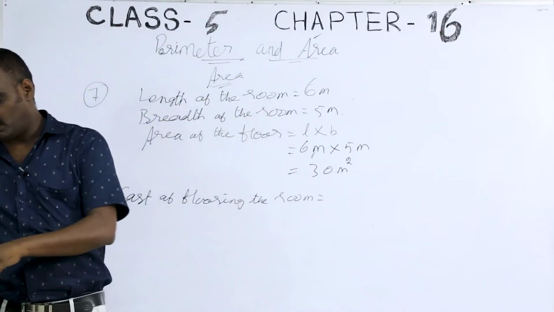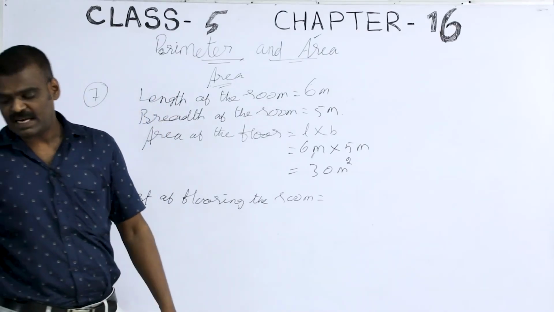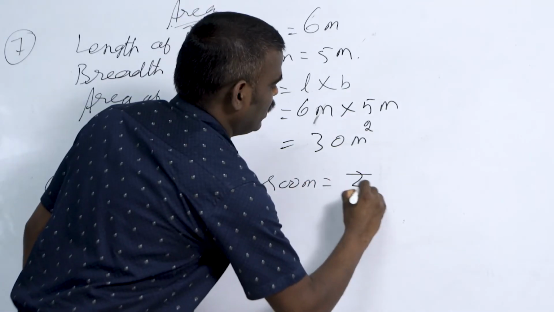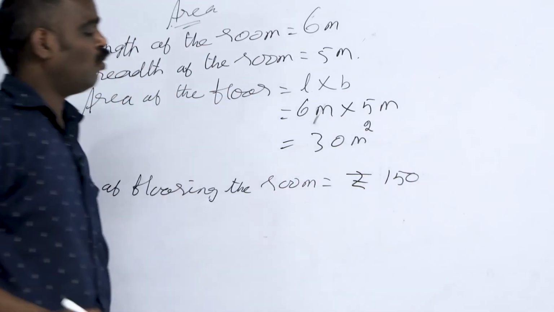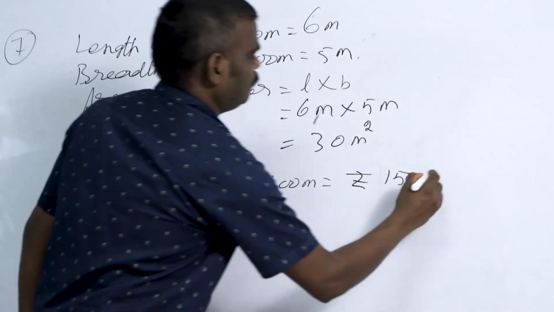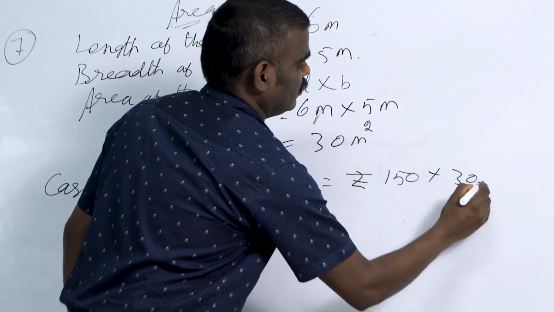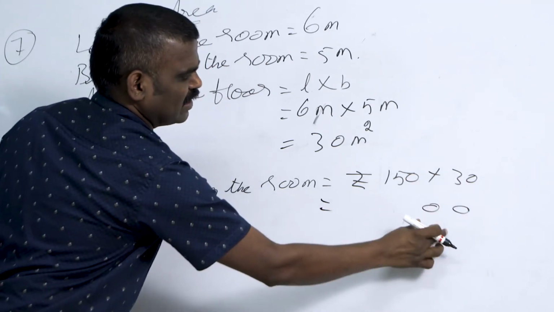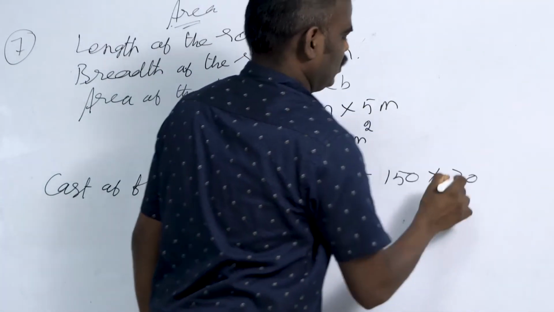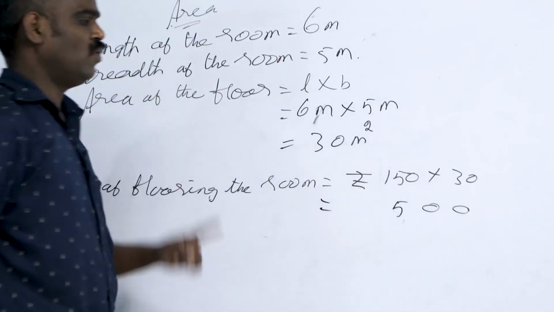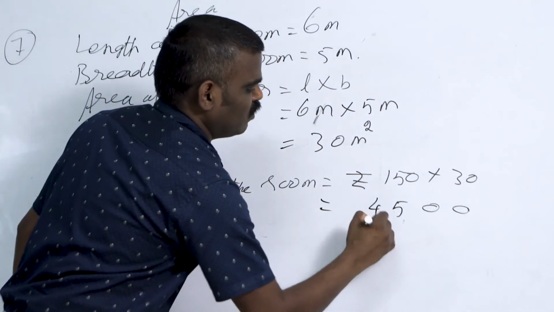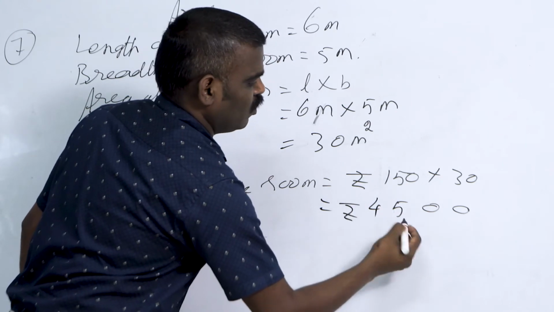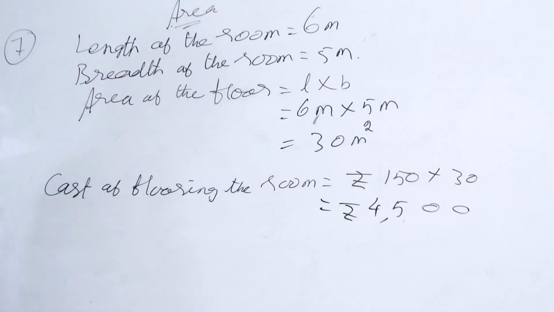Per square meter, how much? Rupees 150. Rupees 150, how many? 30 meters square, right? How much will be there? Multiply. 0, 2 zeros is there, as it is. Next multiply. 3 into 5, 15. 1 remainder, 3 1s 3, 3 plus 1, 4. Rupees 4,500. Rupees 4,500 are needed to make your floor, okay?